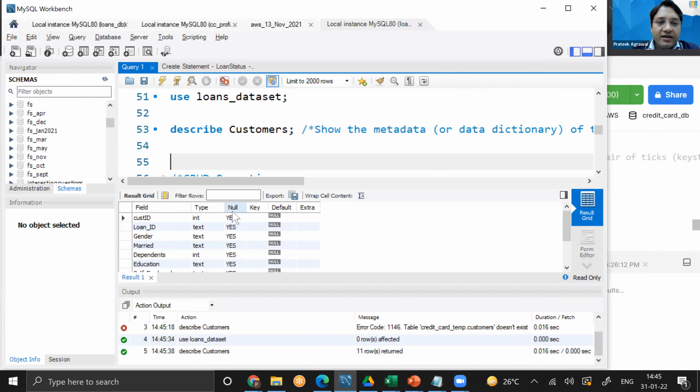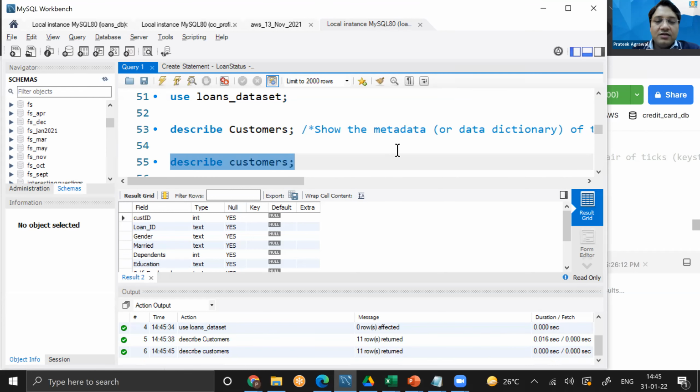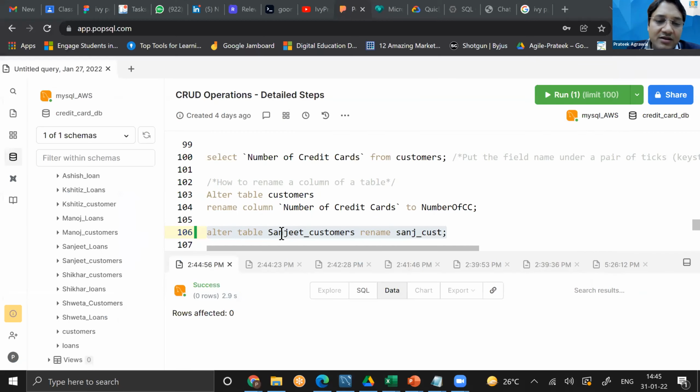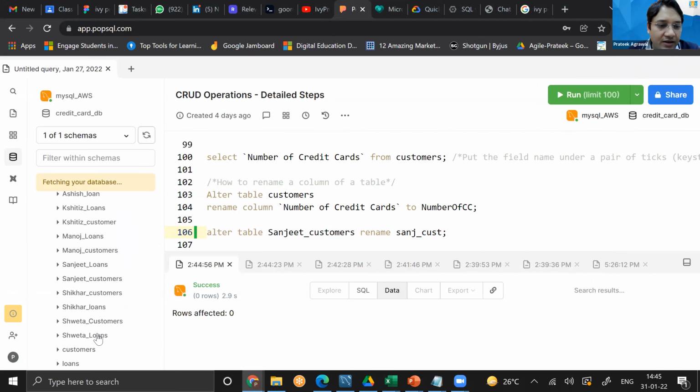I get a point, and I can describe customers as well. So case sensitiveness kind of varies from client to client. But yeah, there's nothing wrong in being case sensitive. Anyway, this is how you would rename the table, and you'll have to refresh it again. And after refreshing it, it will show you the